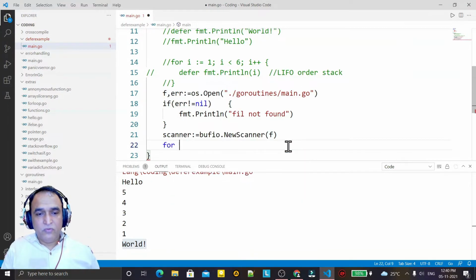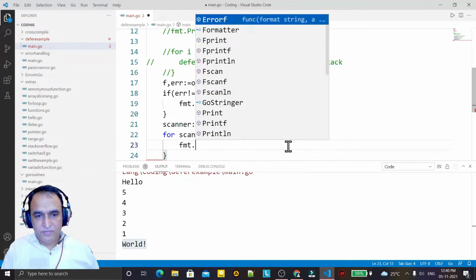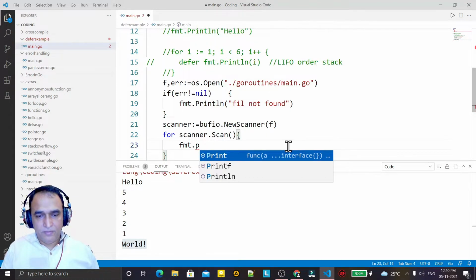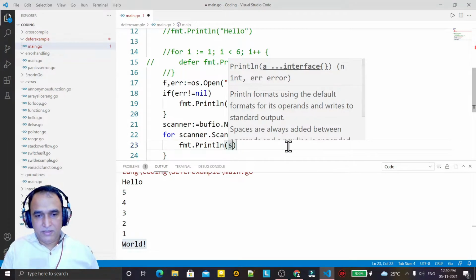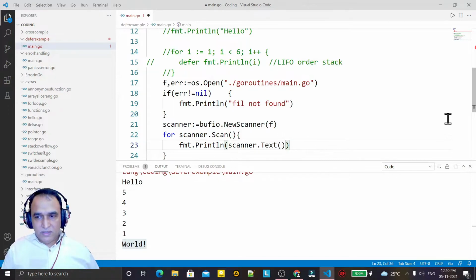Now by using a for loop, scanner.Scan, one by one I am printing a line. I say fmt.Println and here scanner.Text. So one by one it will display the lines.